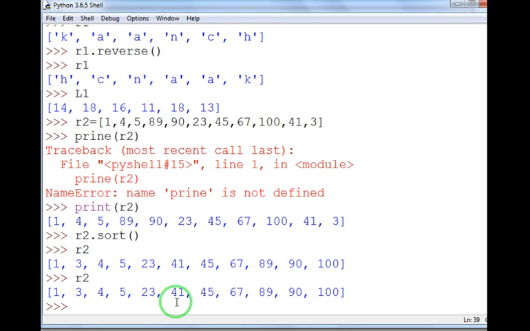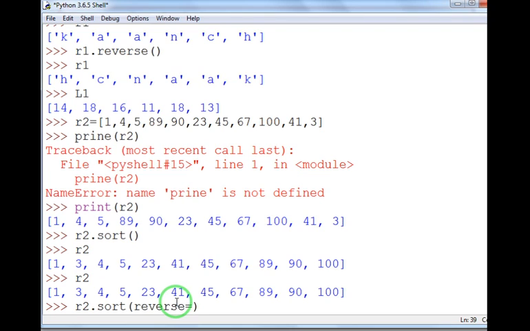But suppose I want to arrange the data in descending order. If you want to change the order of the sorting, that means if you want to arrange the data in descending order, for that we will use reverse equal to True as an argument.